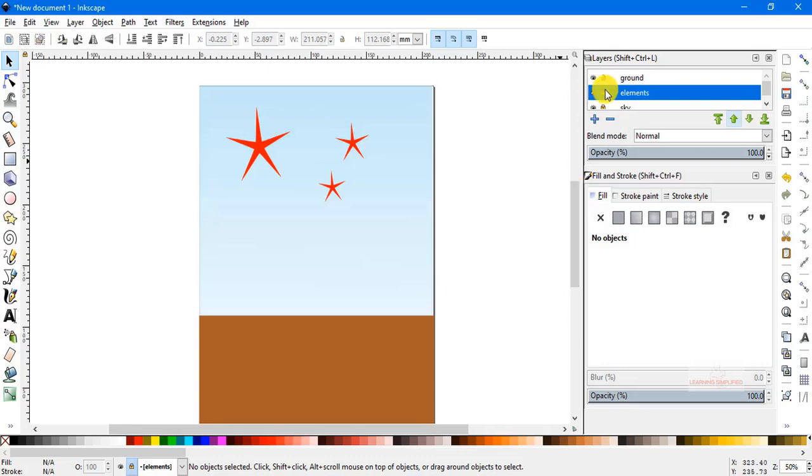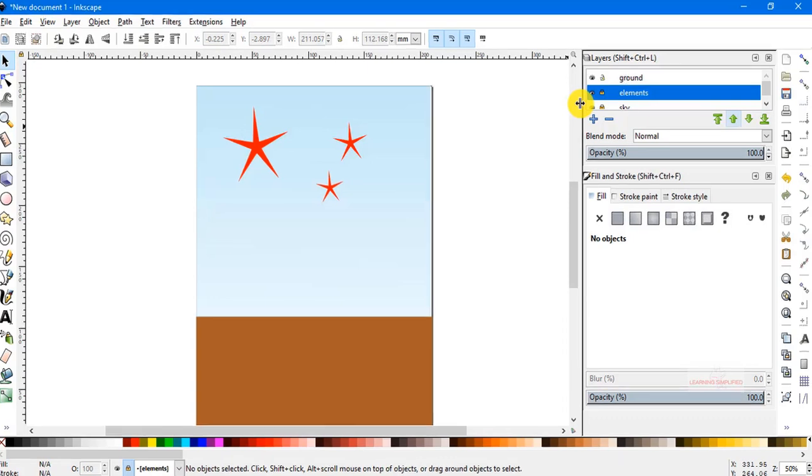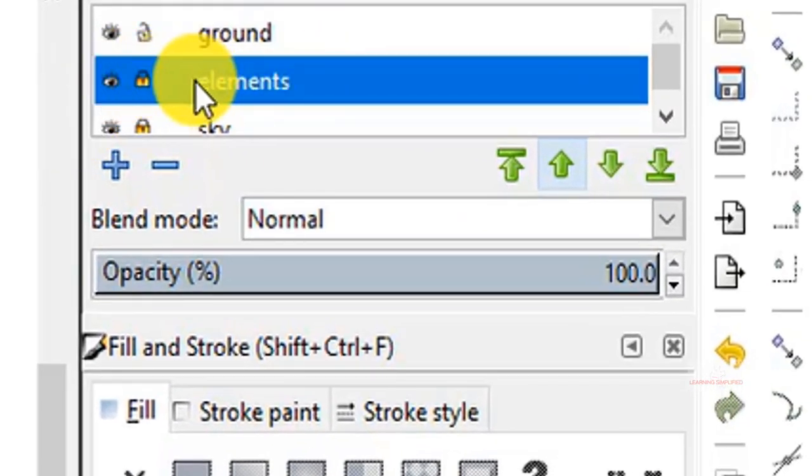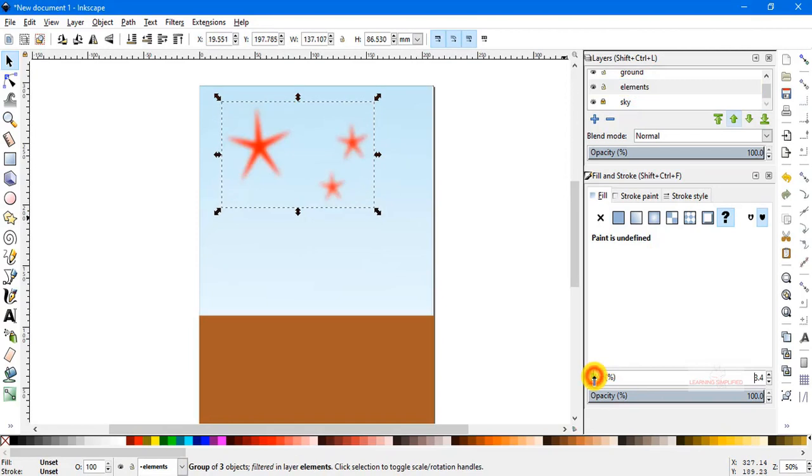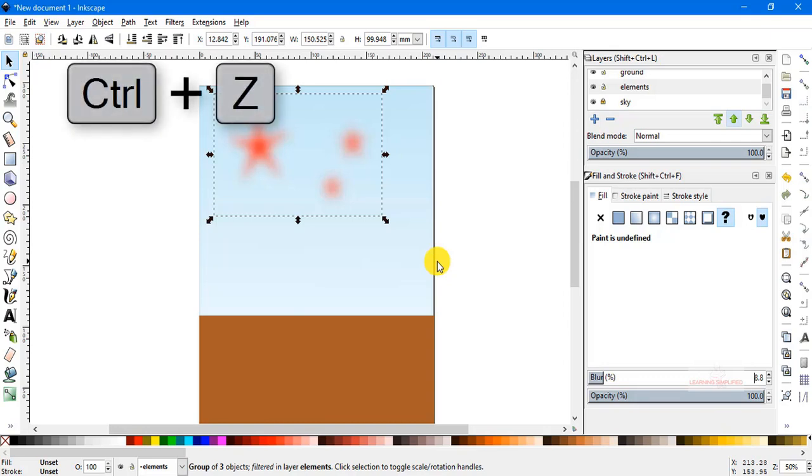If we want to make some further amendment, say I'm just trying to make it a little bit blurred, all those stars should be a little bit blurred. This is a kind of modification. So all I have to do is unlock this elements layer, select it, and use this blur option. We can see that these stars are getting blurred, but the rest of these layers and all of those individual elements present in it remain unaffected, practically untouched. So this is how we can work on different layers.